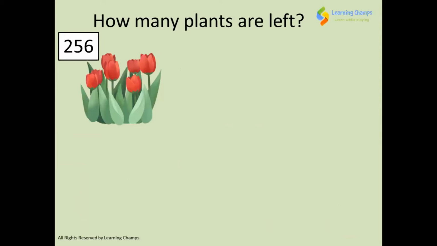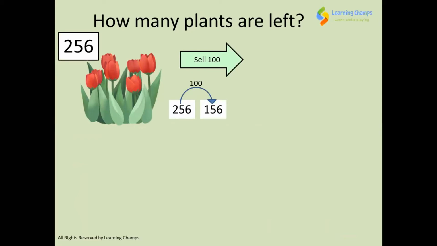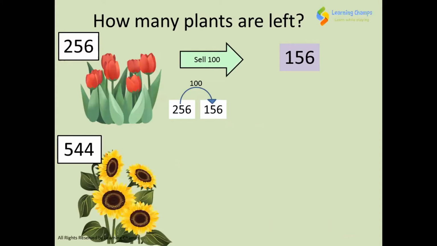Now, how many plants are left if we sell 100? 156. Because we count 100 backwards and then we get the answer 156. Is this clear? Yes, teacher. And then we have sunflowers,